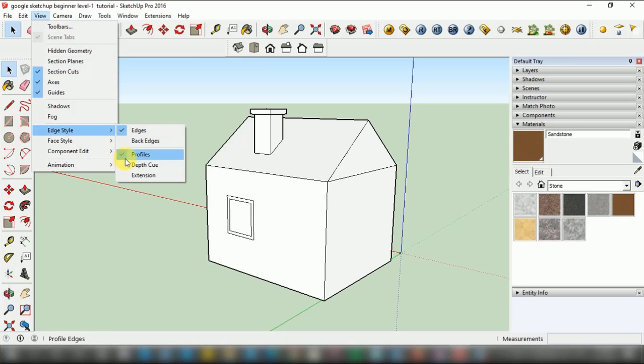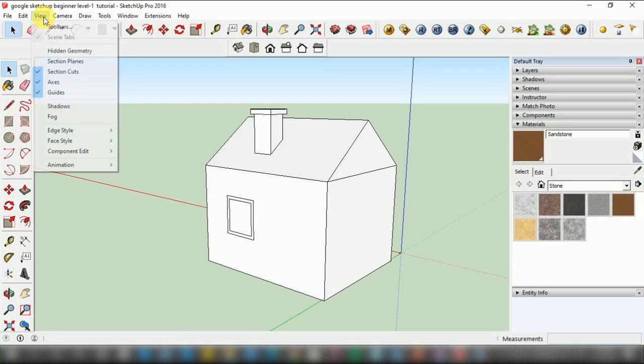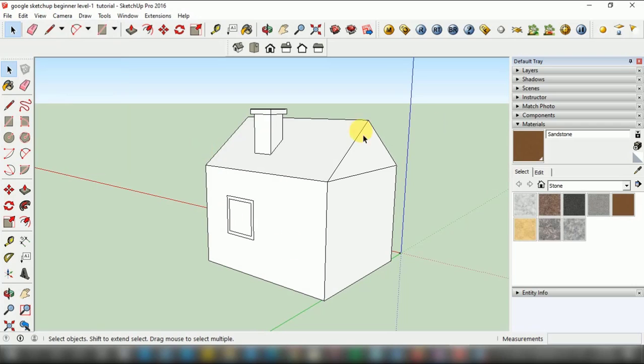This is the profile, and when I click on, let me first uncheck that profile, so it has become sketchy again. I mean all these lighter lines, the normal lines, are visible.